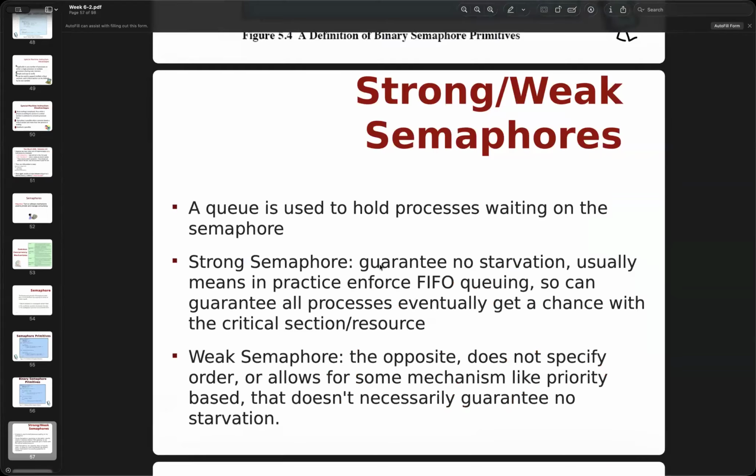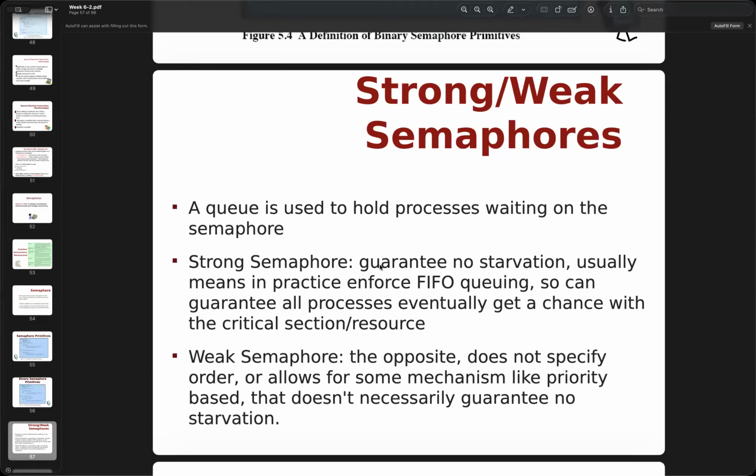When the queue is used to hold processes waiting on the semaphore, then for a strong semaphore, we try to guarantee no starvation. Usually this means they enforce first in, first out queuing. So the process that comes in first comes out first, so they don't have to wait too long, and we can guarantee all the processes eventually get a chance at the critical section and resources.